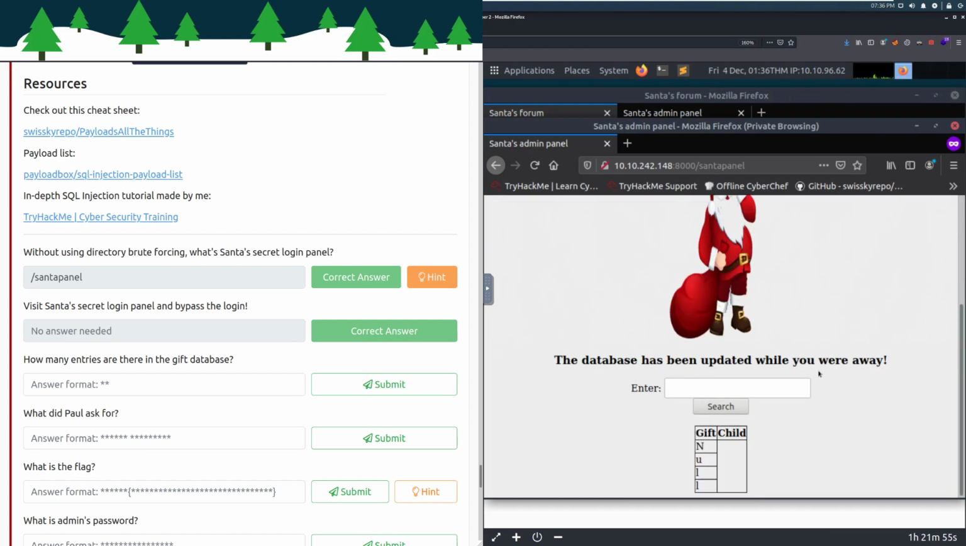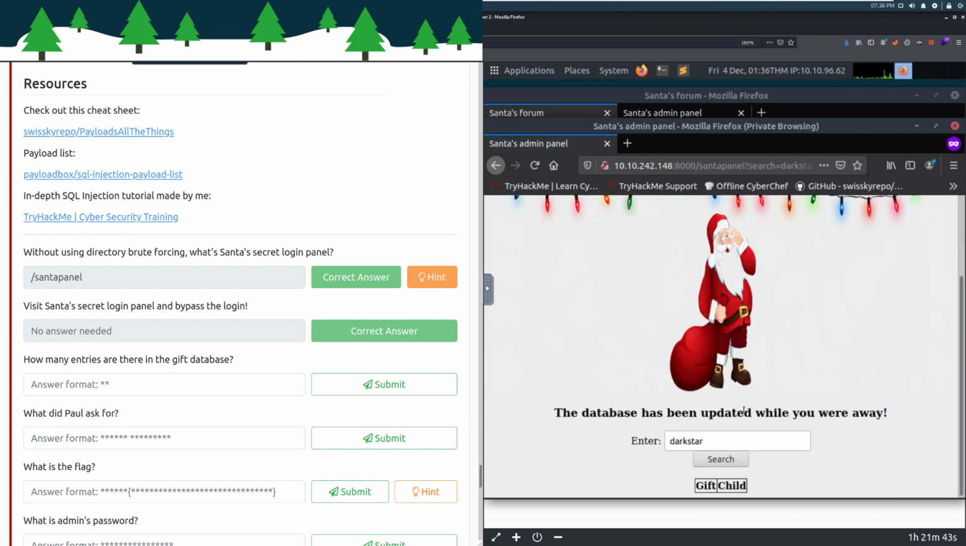So it looks like the database has been updated while you were away, and we can just search for database info. Let's go ahead and try searching for just Darkstar and see if anything comes back. And a lot of nothing. I guess I'm not getting a gift this year. That's too bad. In this specific case, we're actually going to go ahead and hop back over to my other